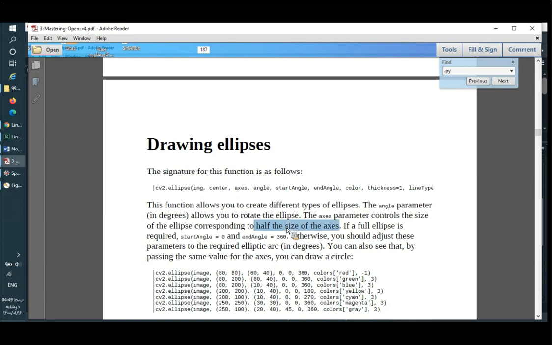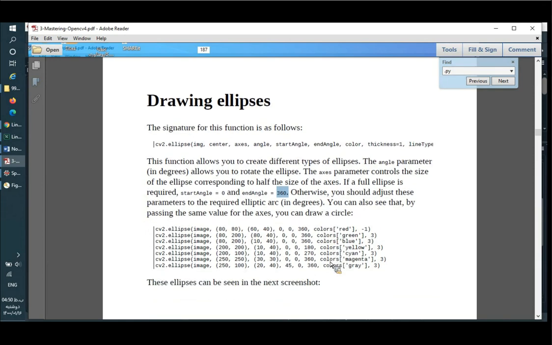You know, an ellipse has two axes. Okay, if a full ellipse is required, the start angle should be 0 and the end angle should be 360. Otherwise, you should adjust these parameters to the required elliptic arc in degrees. You can also see that by passing the same value for the axis, you can draw a circle. These ellipses can be seen in the next